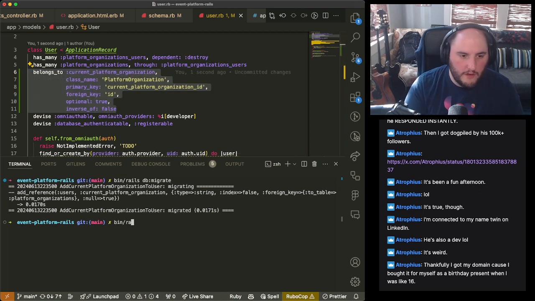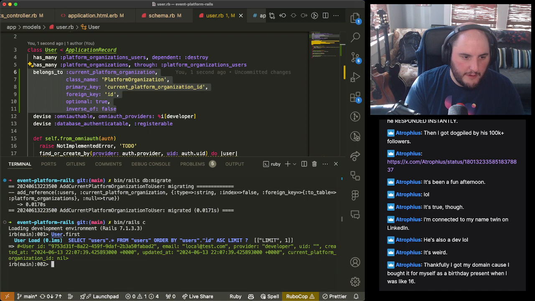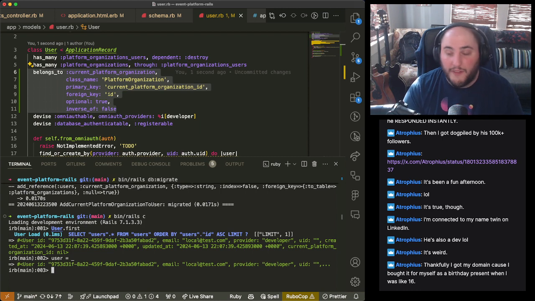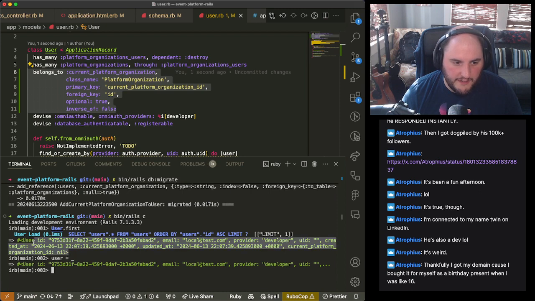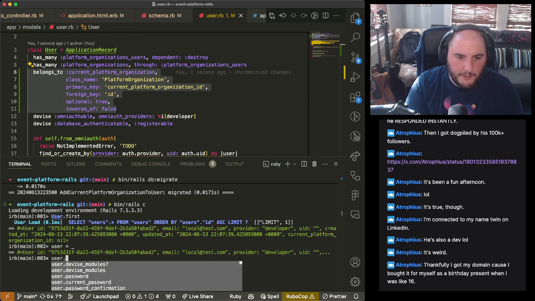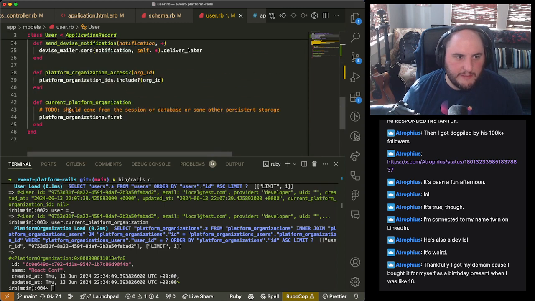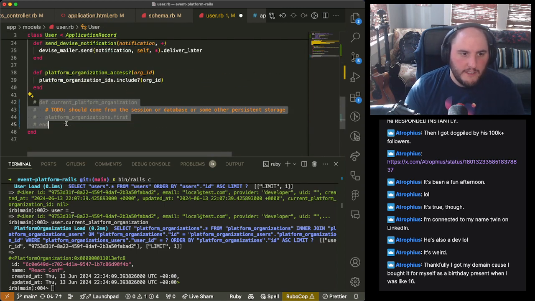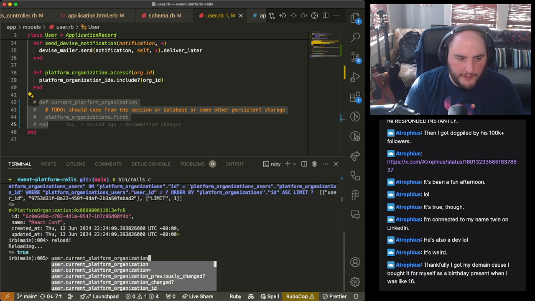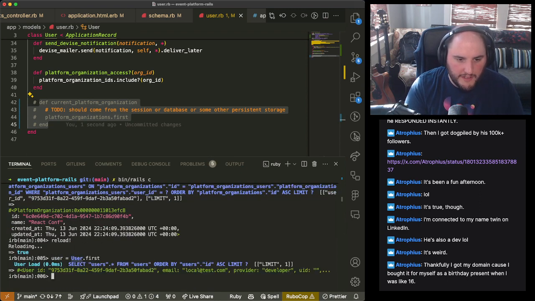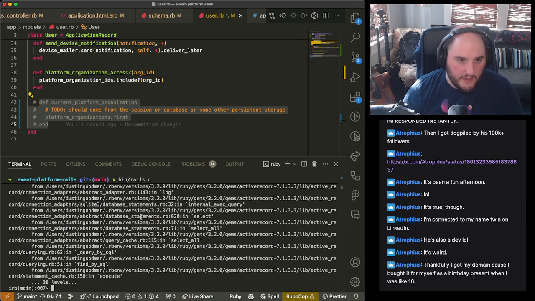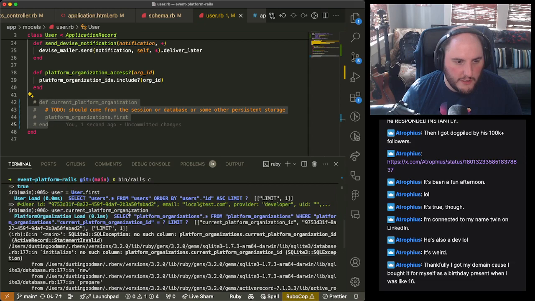So if we go run our console, let's just grab our first user. This is the user we want, right? So user equals underscore. Oh, that's a cool trick I haven't used yet, but if you just need the last value from the Rails terminal, you can just do this underscore and it'll just give me this, which is really neat. It's like a nice little developer tools trick. But if I do current platform organization, I get React conf, which I shouldn't be getting. And it's because it's being overridden by this method. So if I comment that out, do a reload, and go do a couple things, now if I call it, we're going to see that this is super duper unhappy. Why?